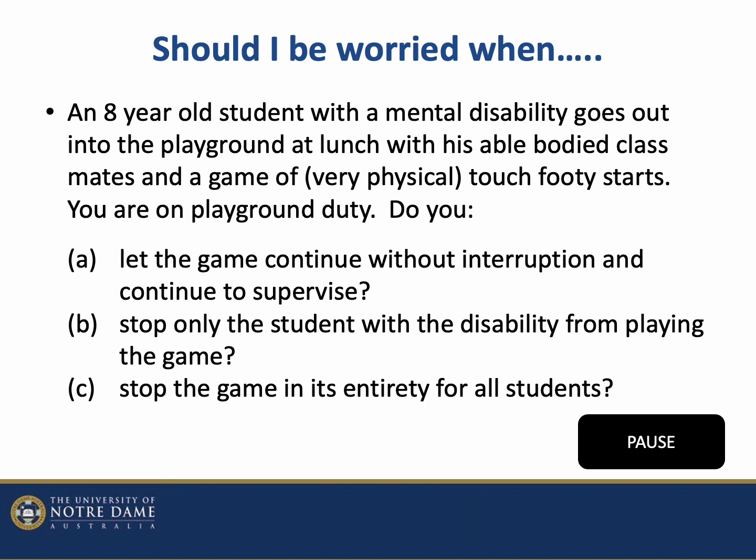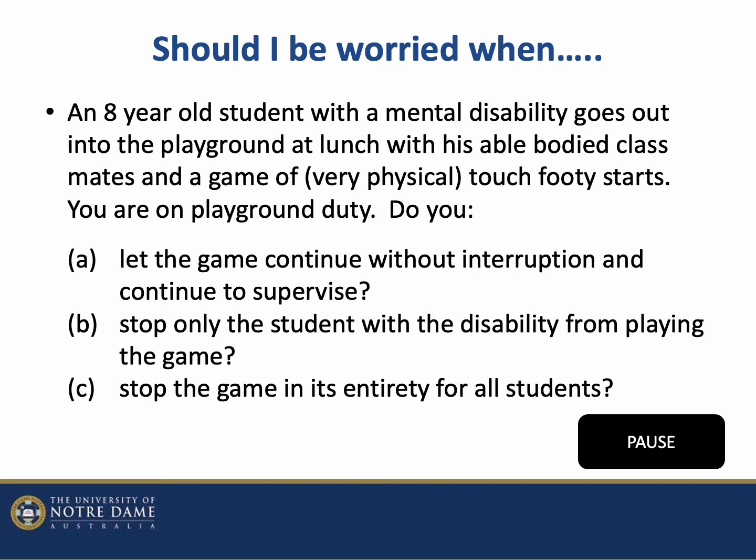In terms of the magnitude, the risk possibility is quite significant due to the physicality and the level of immaturity, so their stage and age of development. The gravity of such an injury is such that it could potentially be broken bones, it could be grazes. Head injuries can be quite common in terms of collisions when children are running at speed and playing really physically with one another. Head injuries are to always be taken seriously. Things like concussion can deteriorate rapidly. So there is a significant gravity of harm that is potential in this situation.